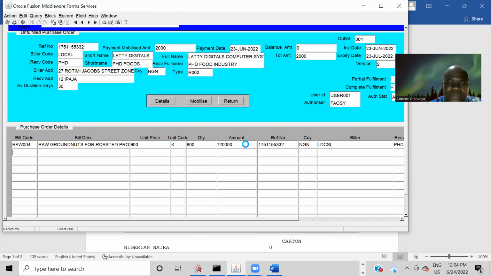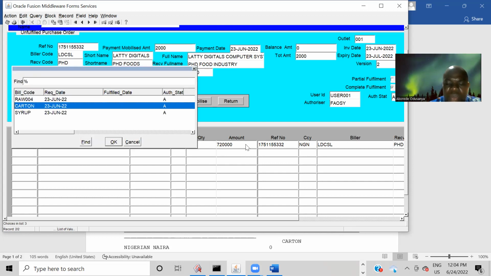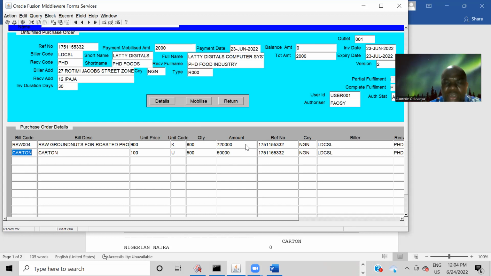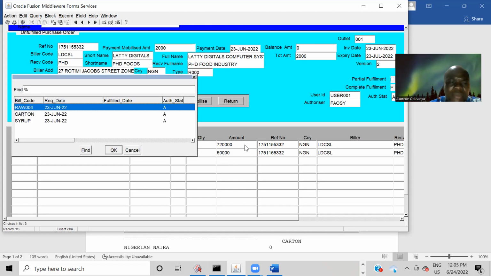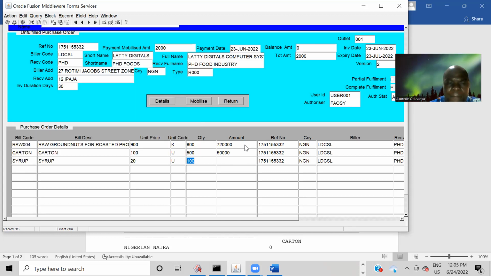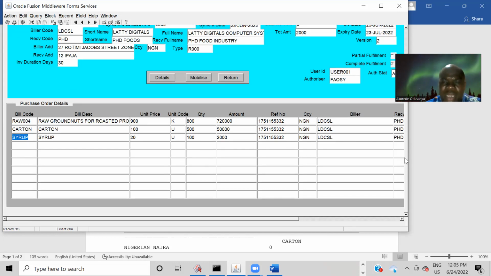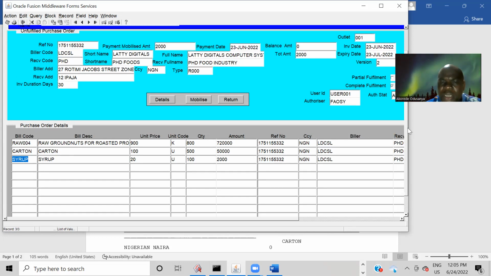And again, the carton. Let's assume he supplied the carton. That has no money. So he supplied the carton, 500. Then the third item, syrup. Let's assume he supplies the syrup as well. The only one supplied in full is the raw granite. So with this, because we've already mobilized, the customer has paid, then we can